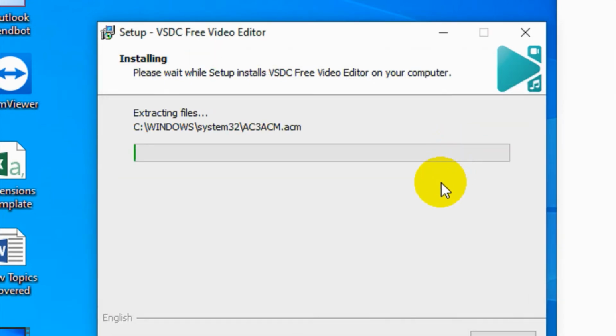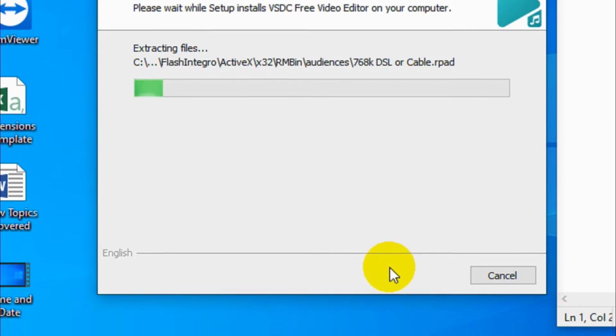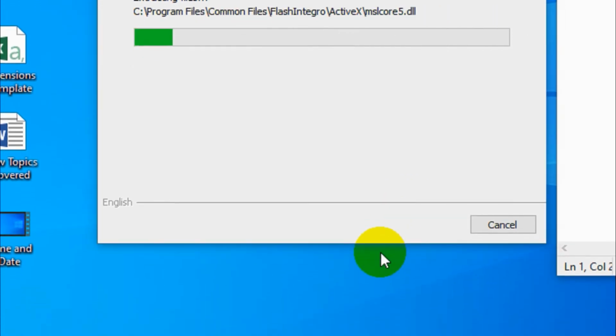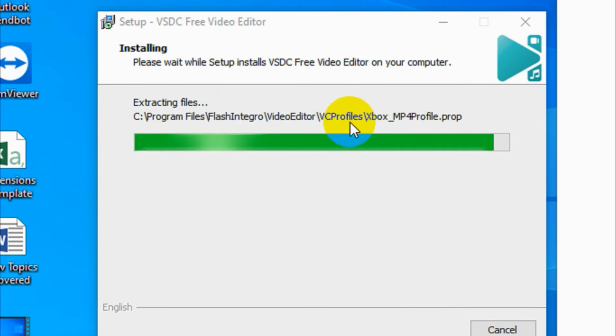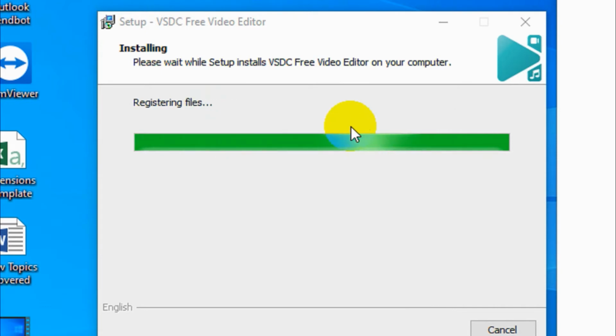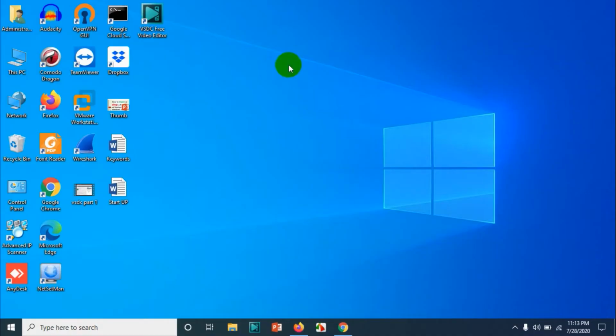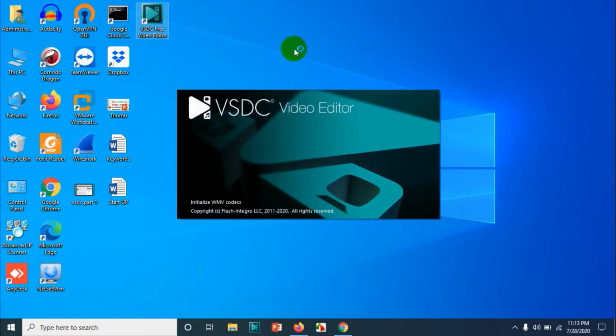It's installing the packages, dependencies, everything. Let's wait for it to finish. So it's creating the registry entries and registering files. Now we have finished the installation. Just click on finish and open the VSDC editor